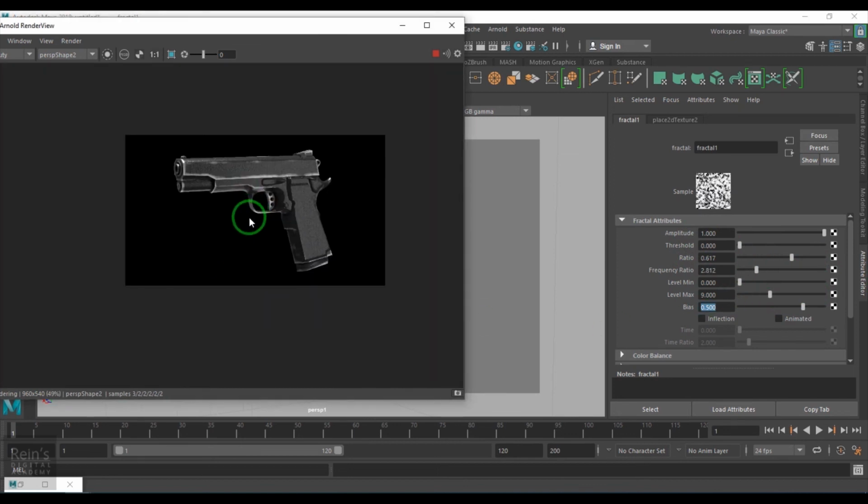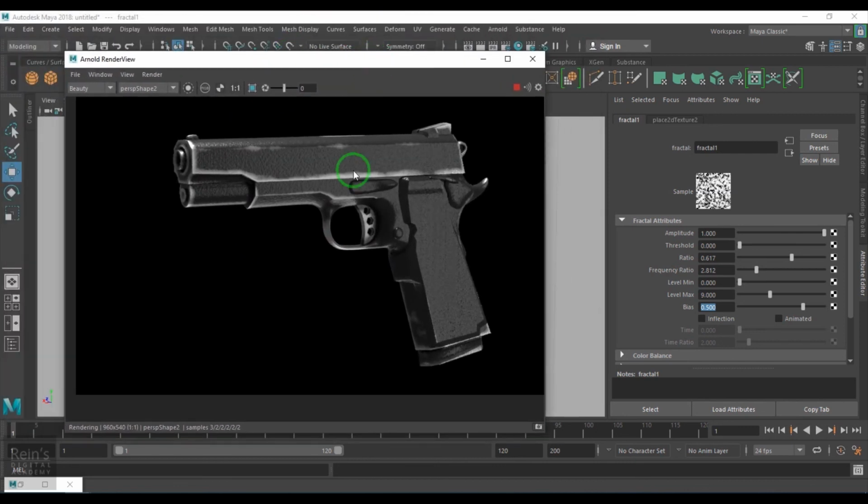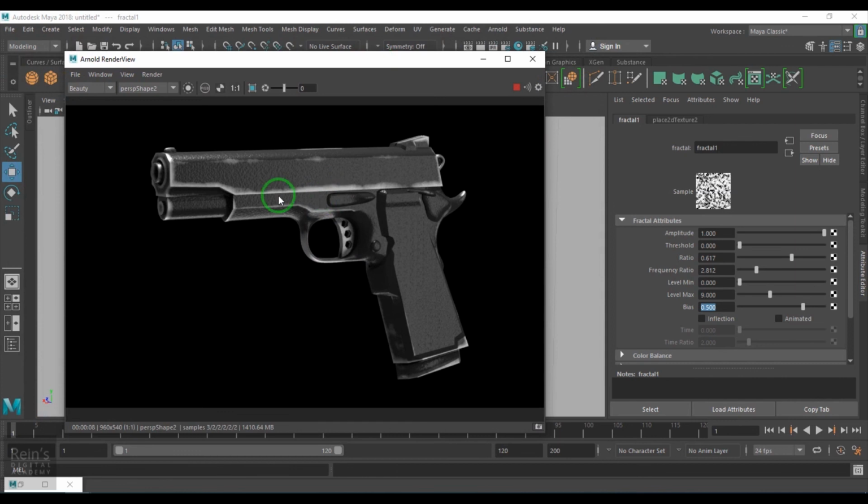So I select the AI color correct and then increase the exposure or adjust the gamma. You can see that result there. As I said, I can now go to the fractal and play with the texture there.